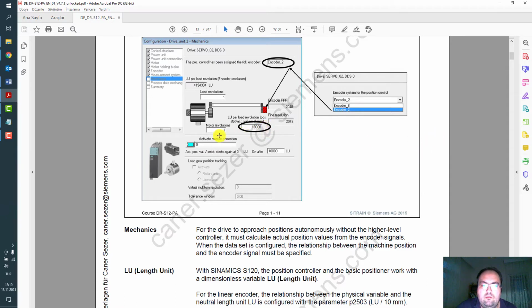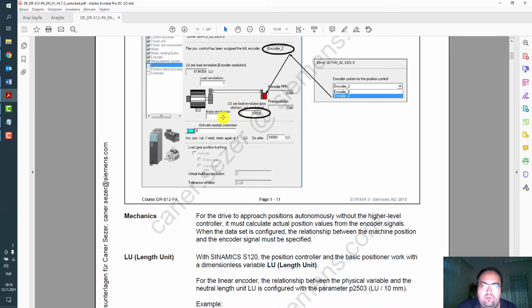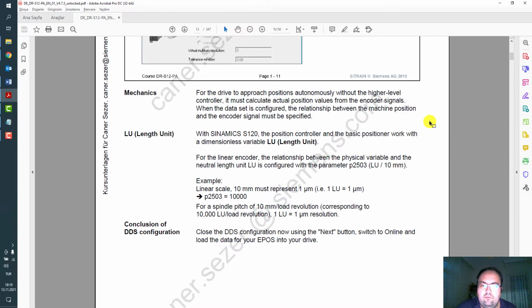That means one motor revolution we will get in linear axis, for example 10 millimeters, and it is possible to activate here when you select the logic level 1. Then you can define here a modulo value in length unit. This is the related parameter number.